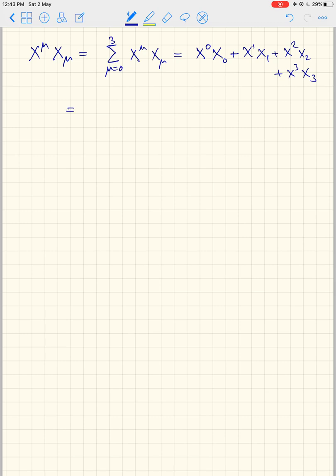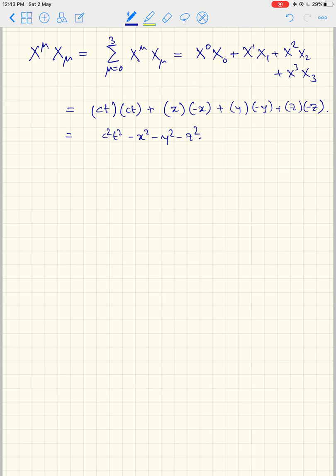So this is ct into ct, plus x into minus x, plus y into minus y, plus z into minus z. Because x1 upstairs is plus x, x1 downstairs is minus x. So this is c squared t squared minus x squared minus y squared minus z squared. Okay? So this is invariant